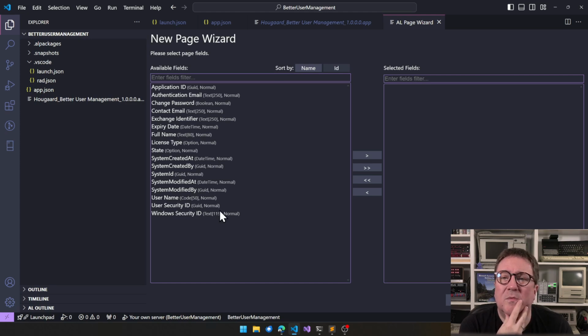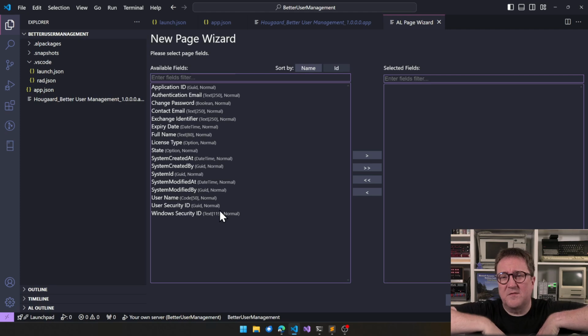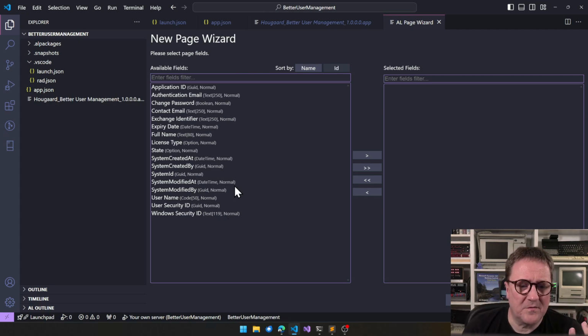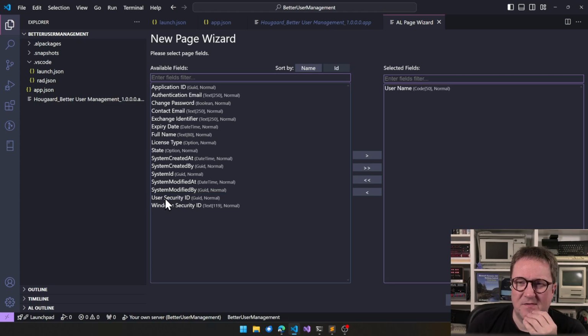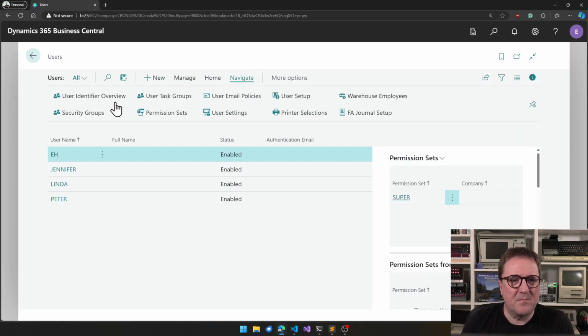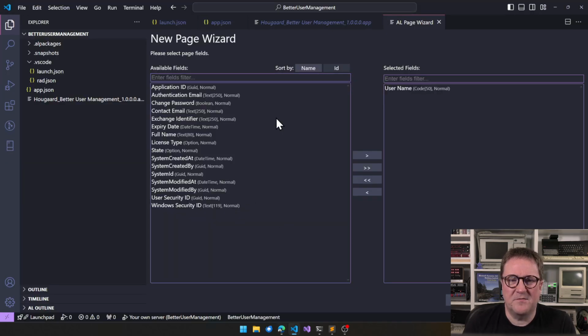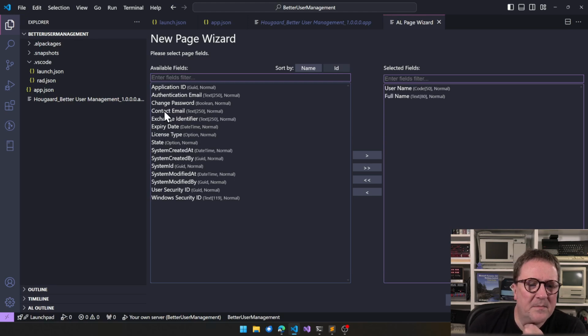This is the user table. This is our main table. So this will give us the first couple of columns, right? What should we have? We should have the username, which is kind of the login. So if I go back to this one: username, full name, status. This screen is kind of what we want, but better, right? So username, full name, and